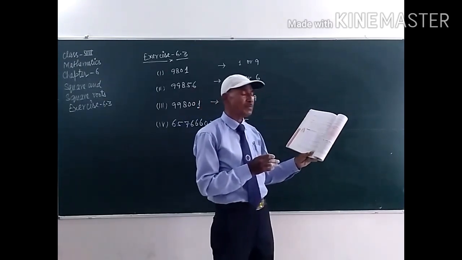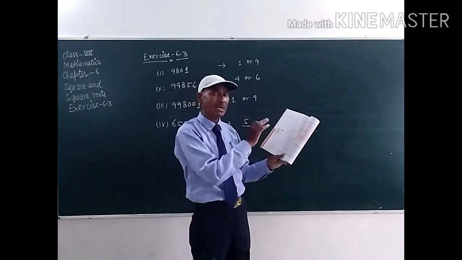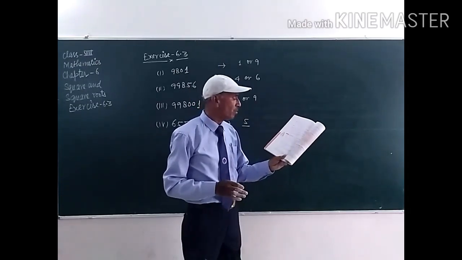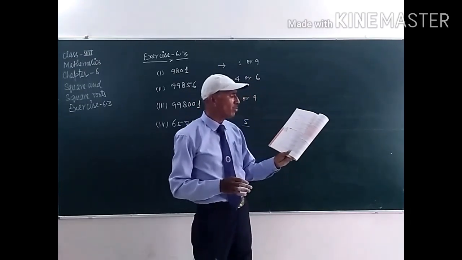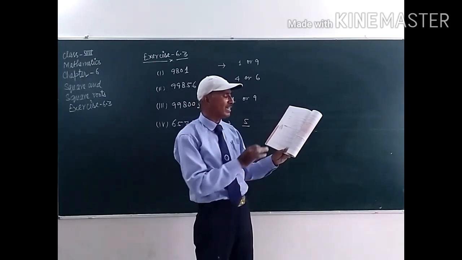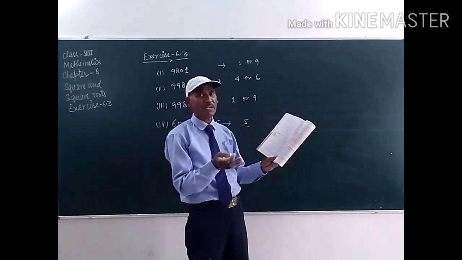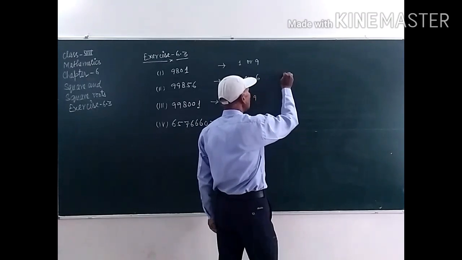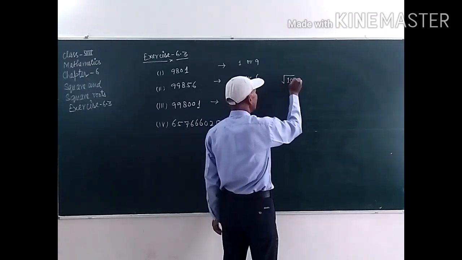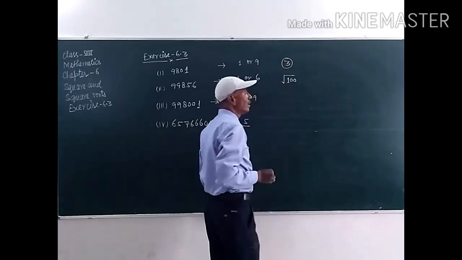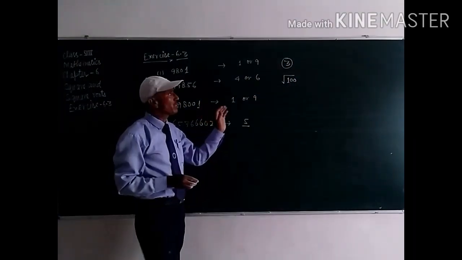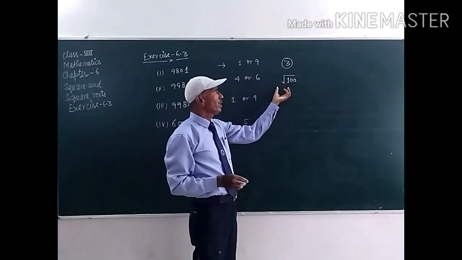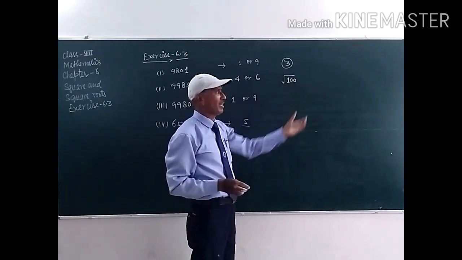And fourth number is 441. So student, this one is a perfect square number. Other three are not perfect square numbers, it is sure. Now question number 3, student, find the square root of 100 and 169 by method of repeated subtraction. Now we have to find out the first part, that is the square root of 100. We have given the answer of the first two questions. Now we have to solve question number 3 and find the square root of 100 by repeated subtraction method. Clear, student?